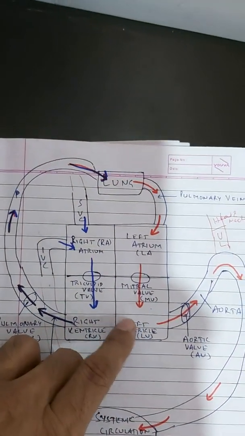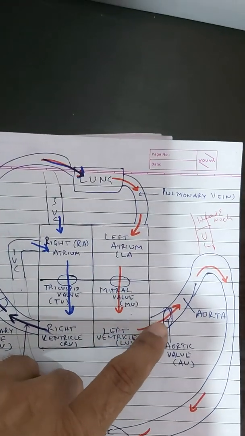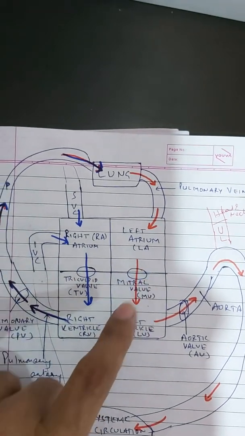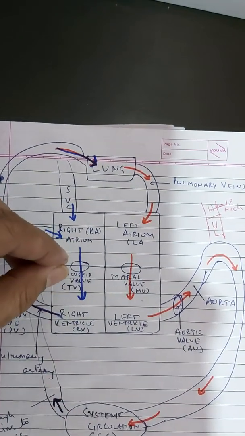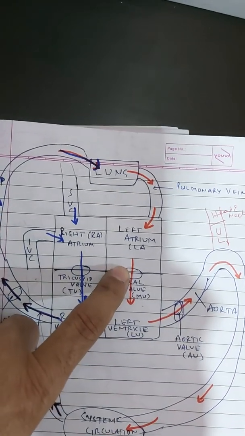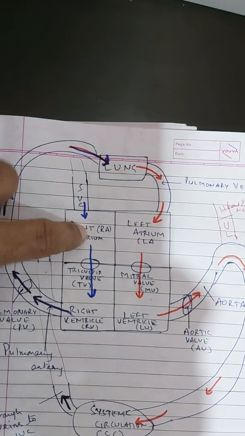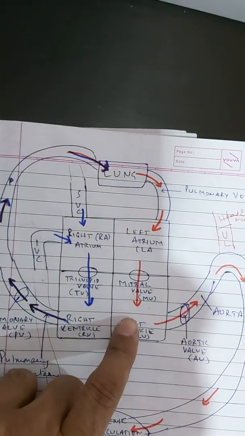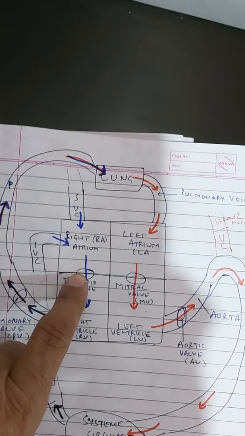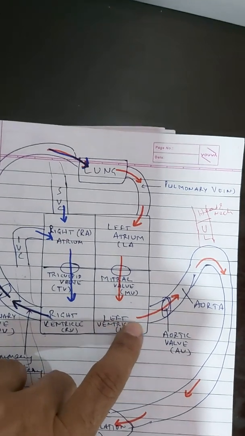Okay. During the systole, we have seen that when the left ventricle contracts, the blood is pushed into the aorta. At that time, the mitral valve and tricuspid valve close, because if during ventricular systole they remain open, blood will regurgitate into the left atrium and into the right atrium. So at the onset of systole, these mitral and tricuspid valves close, which leads to production of the first heart sound. Okay, as contraction continues,